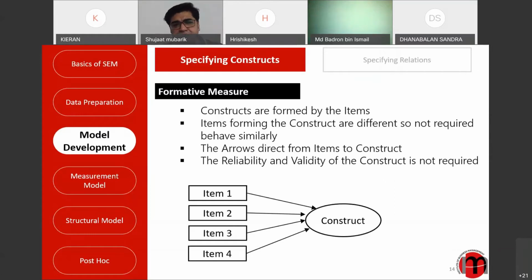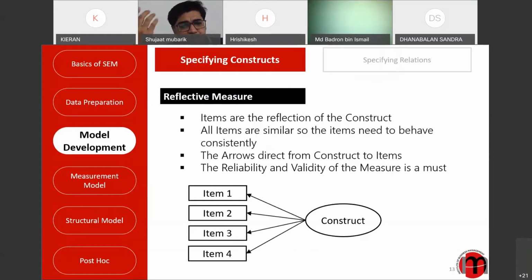Whereas in our normal constructs, for example, if I'm asking about motivation and I have various items, the items which reflect my construct are reflective items of my construct, and those that are not representing it, obviously I'll delete. Most of us work with reflective constructs, but sometimes we can also come up with formative constructs. That's why it remains very important that whenever we adopt a construct, we know whether it's formative or reflective.